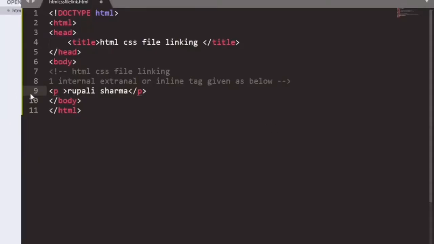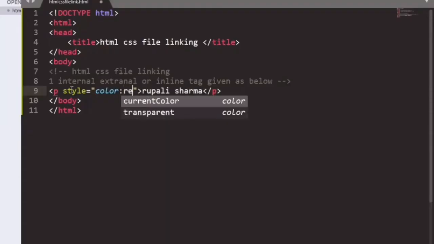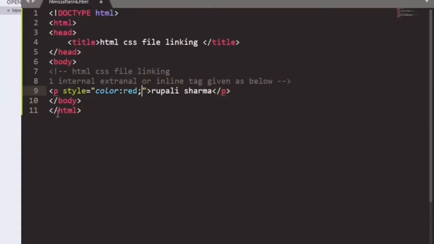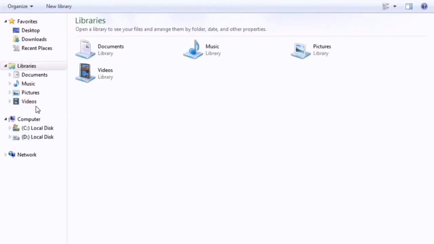Suppose in the P tag I have written the message Rupali Sharma. We will come to the P tag and give the style for inline CSS. Now I have given the style, that is I need the color to be red. We will save the file, go to the web page and see the outcome of our file.